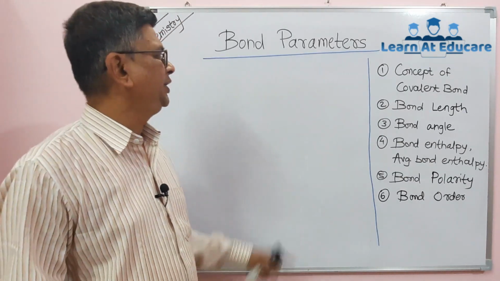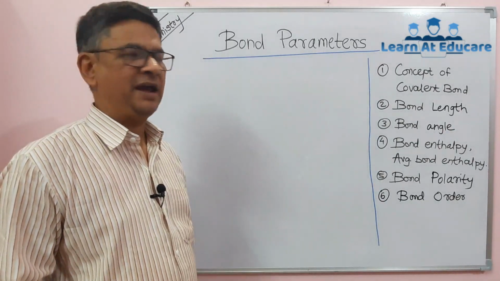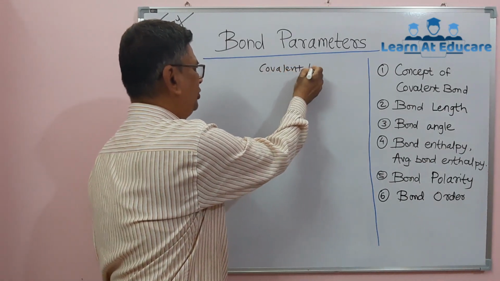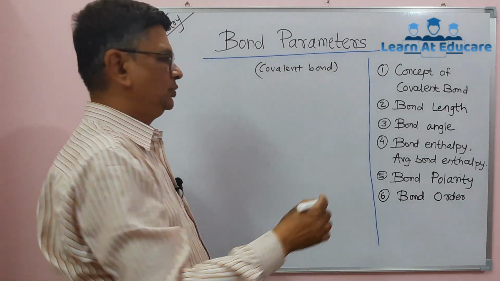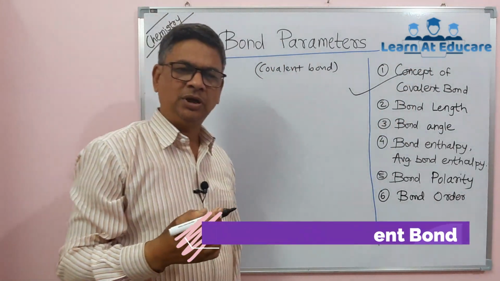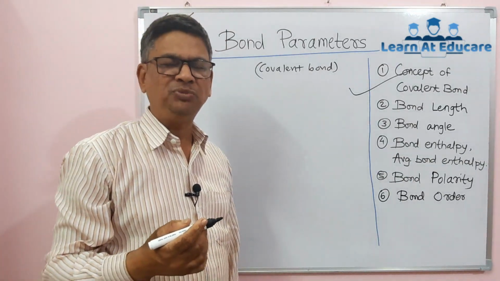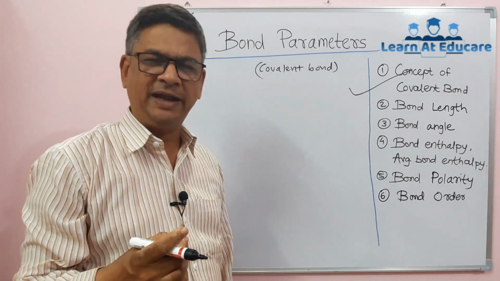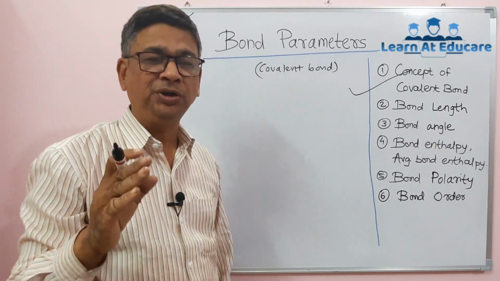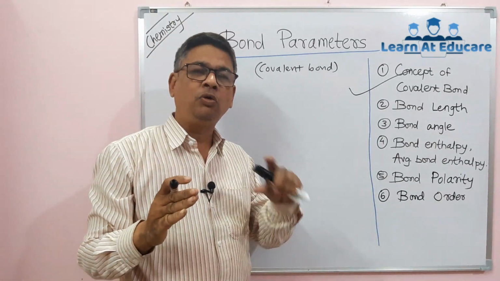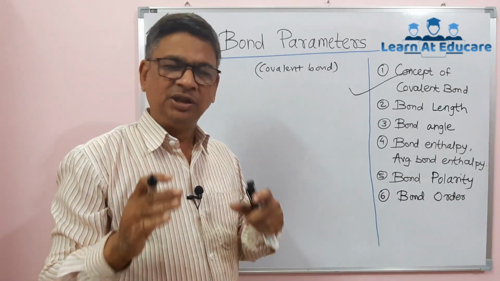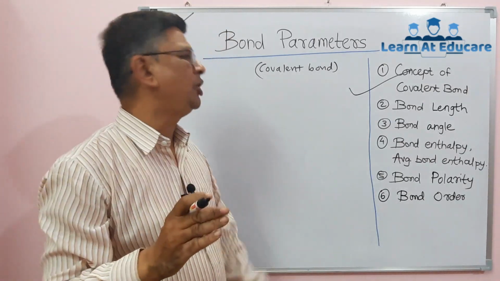In this session, we are going to see an important topic called bond parameters. These bond parameters are all dealing with a particular bond known as the covalent bond. So first it is necessary to know the concept of a covalent bond. We already know a covalent bond means what? It is formed by mutual sharing of a pair of electrons between two atoms and it is denoted by a dash. But practically, how is it formed? According to VB theory, it is formed by the overlapping of atomic orbitals, and the condition required to follow is that both orbitals should have unpaired electrons with opposite spin.